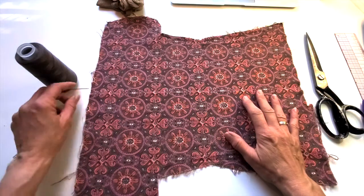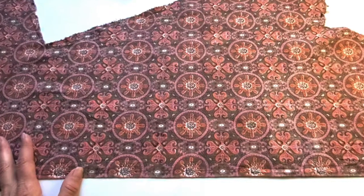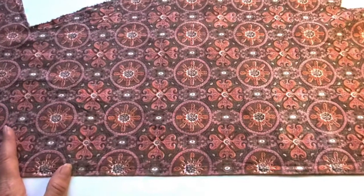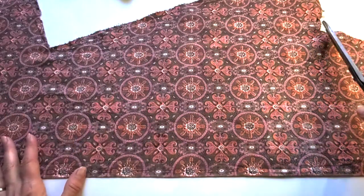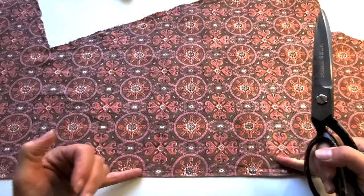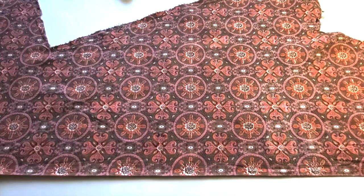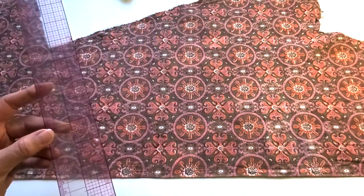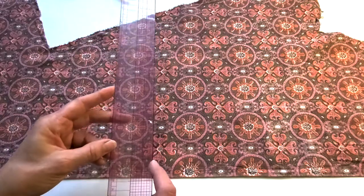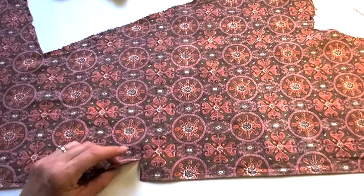So let's start by snipping and tearing the fabric down to size. This is just a scrap fabric that I have, but it is that tightly woven quilting cotton. So on this piece, I've got a bunch of raggedy cut edges, and then I've got the selvage. The selvage is straight, and we can measure from there. I'm going to be snipping and tearing this piece. I want it to end up being 10 by 11 inches. So I'm going to snip in right there